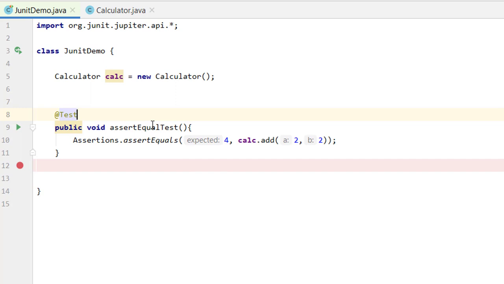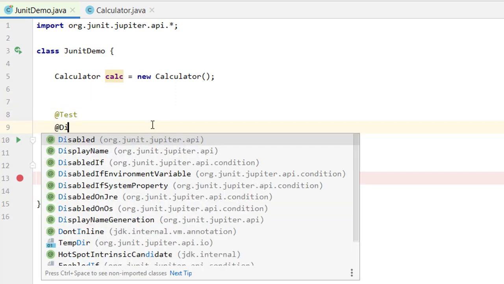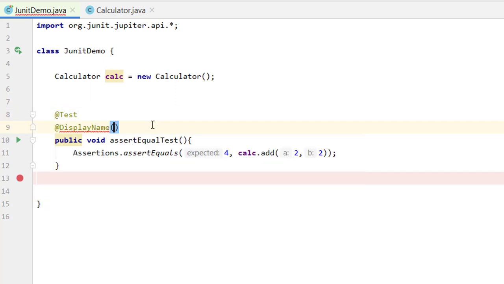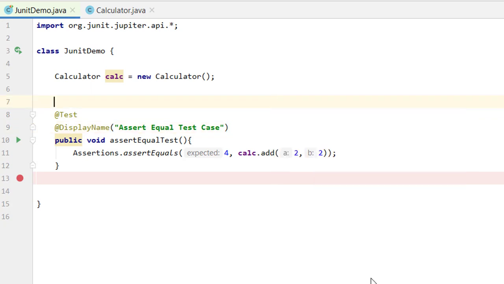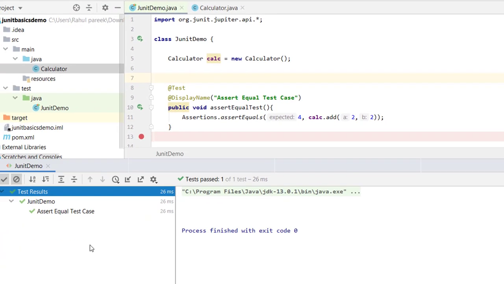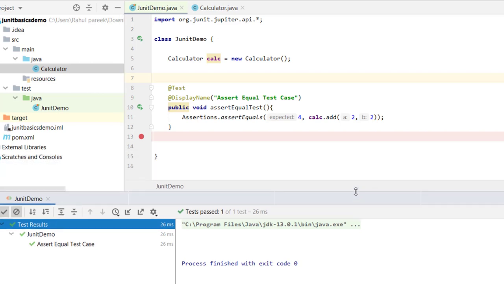Let me also give it a display name so that it is more clear: assert equal test case. Now let me run this test case. Our test has passed, because our expected output is 4, which equals the addition of 2 and 2.